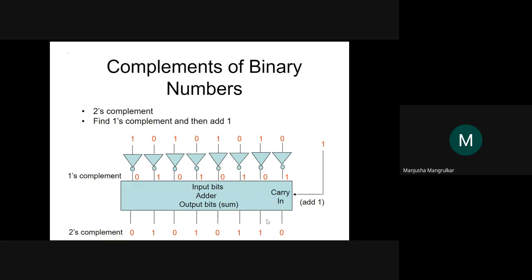So what result will we get? It is a 2's complement. 1 plus 1 is 0, carry 1, 1 plus 0 and 1, 1. Again 1 will come, 1 plus 1 and 1 plus 1, that is 1 1 1. 0 plus 0 is 0, 1 plus 1, 1 plus 0 plus 0, 1 plus 1 and 0 plus 0. It is the same. So this is the 2's complement of this data. This value is the 2's complement of this value.